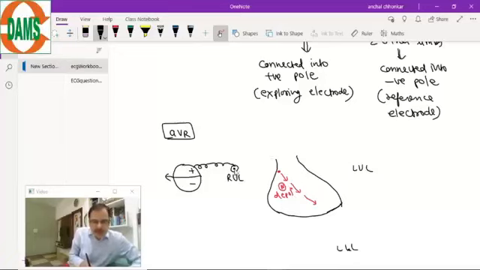Now coming to it, the right upper limb will go to the positive pole, therefore the name is written as R. R is the exploring electrode, that is the right upper limb. Now we take the combination of the two remaining limbs. So the two remaining limbs are the left upper limb and the left lower leg. These are the two other remaining limbs.